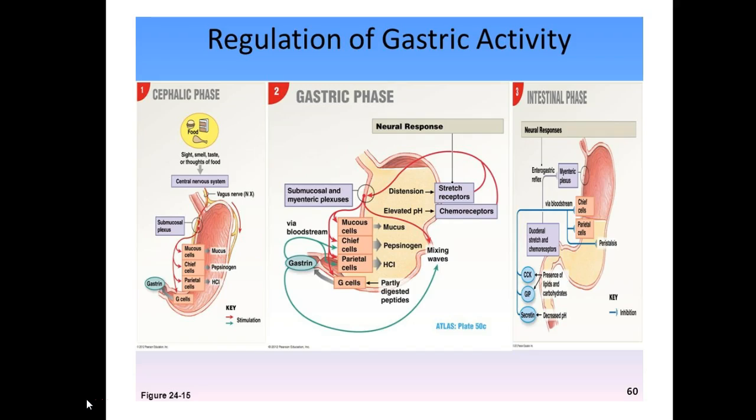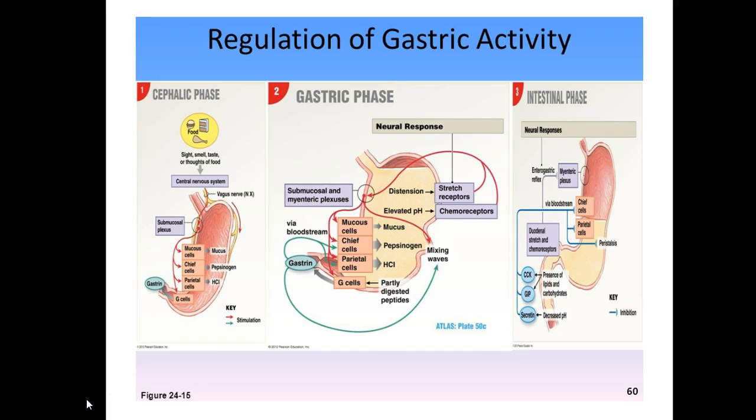So you have that submucosal and local response coming after the CNS response. You're going to have a local response to what's happening in the stomach, getting the stomach to actually churn, etc., releasing more of those chemicals,